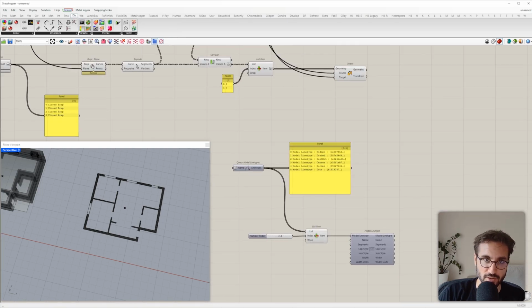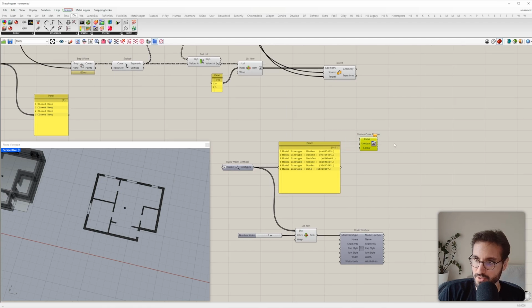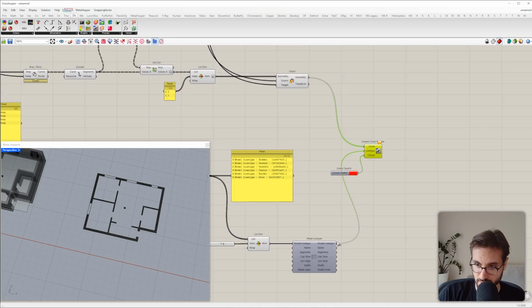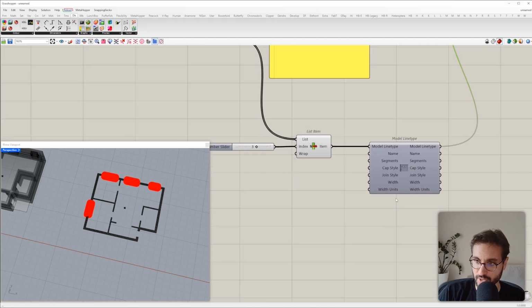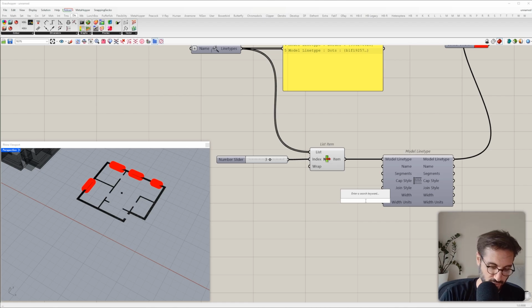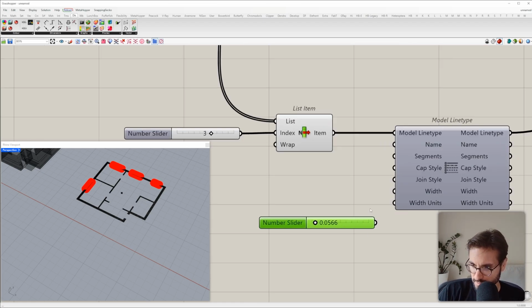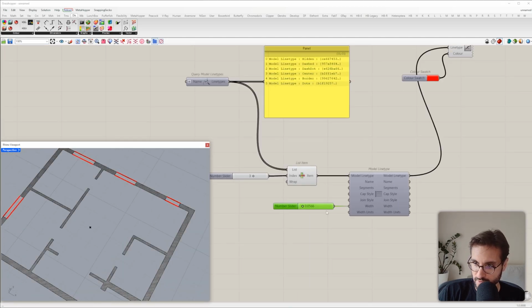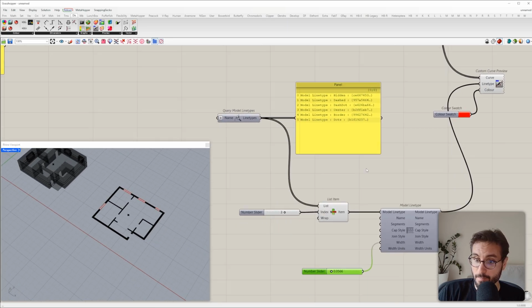To visualize the lines, you can go to display, preview, and you will find here custom curve preview. Okay, so here we have curve, and here we can choose the color and the line type. Let's use red color, and here we can use the line type. Okay, we get this result because the width is too big, but if I choose some really small value, we'll get a different result, but we still have